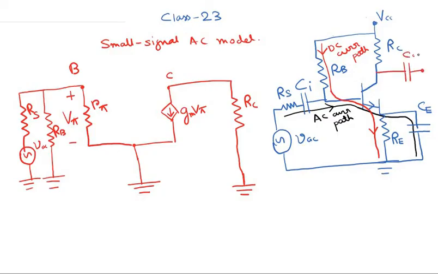Okay, this capacitor C0 is put to filter out the DC signal at the output, or the DC voltage at the output, because we only want the AC voltage at the output, or we only want the amplified AC signal at the output. So we put a capacitor C0 over here to basically filter out the DC voltage. Okay, so V0 is basically the voltage between the collector and this point, which is basically the AC ground. So V0 is basically the voltage drop across this resistor RC.